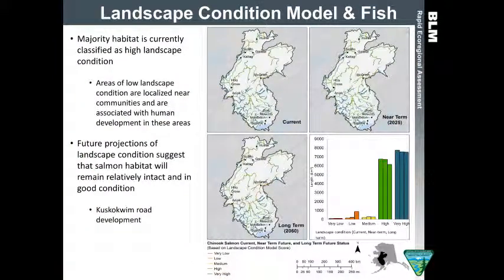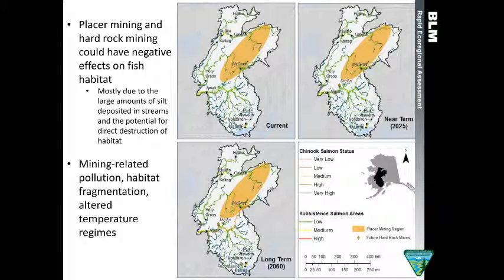So I just wanted to show this slide. Again, I presented it briefly yesterday, but it provides context for the maps that we developed to answer the management questions. We used the landscape condition as a base layer for maps for the management question. And really the take-home message here is that this is an example of Chinook landscape condition, but all the fish species look very similar. And you can see from the histogram that anything in blue or green is considered high or good landscape condition. So currently and into the long term, we anticipate that the landscape condition will remain good, and we wanted to use that landscape condition as a base layer so we could look at how that related to where the mineral resource development was